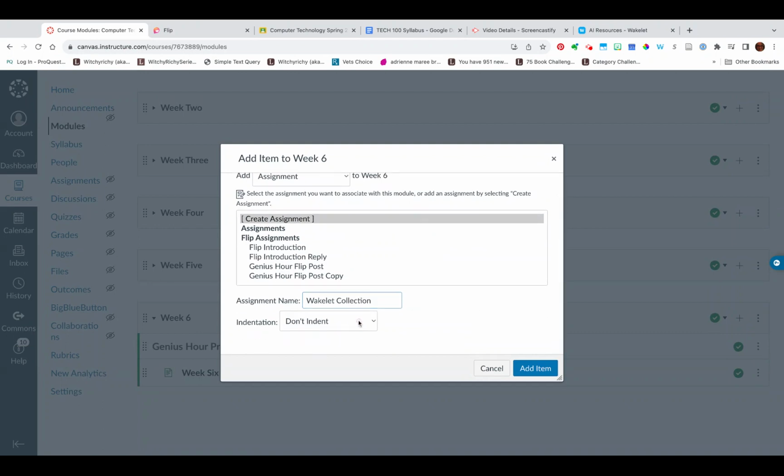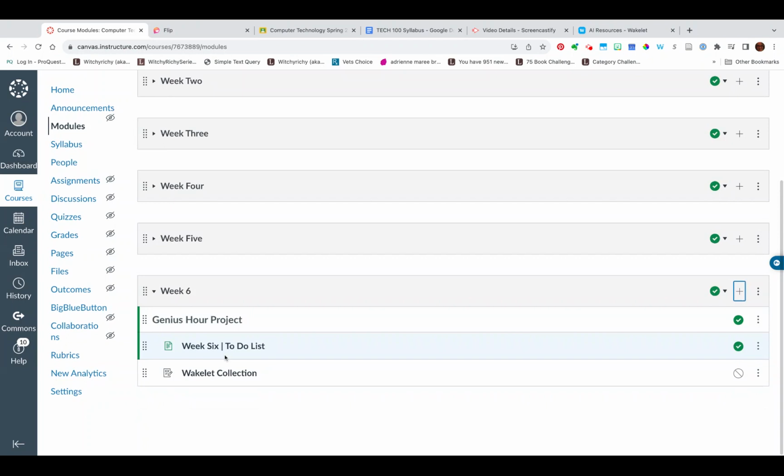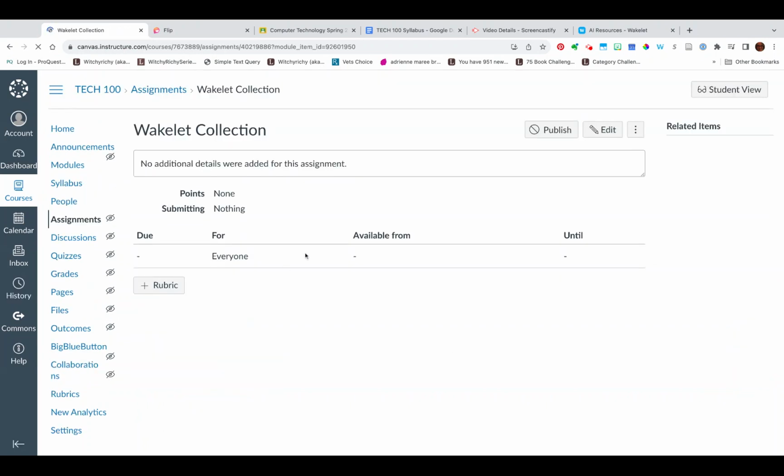And I do indent everything, so I'm going to go ahead. You can always indent later. So go ahead and click add item. You'll notice there it sits. You will also notice it is not published yet. Even though the module's published, it's not live yet. So let's go ahead and click on it. This will get us into the assignment area. And then we're going to click the edit button. So you're just seeing the blank here. So I'm going to click the edit button